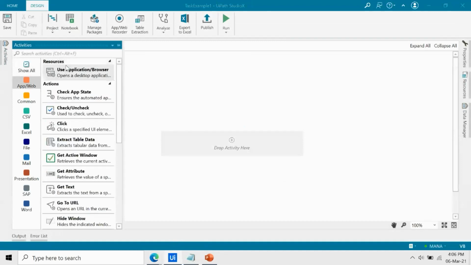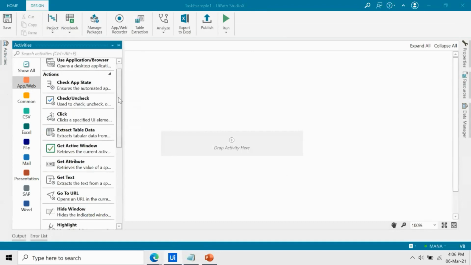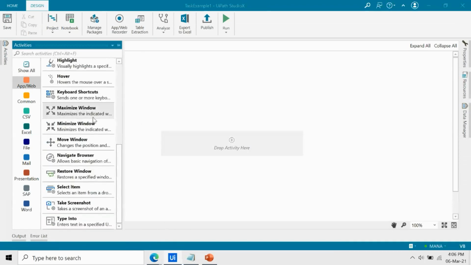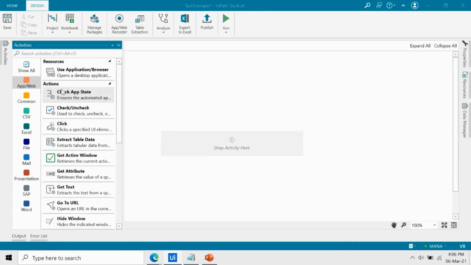You will see there are resources and actions, and actions are the different activities that can help you perform an automation. We will use the different actions, activities, and resources for our automation use cases. So let's create one.